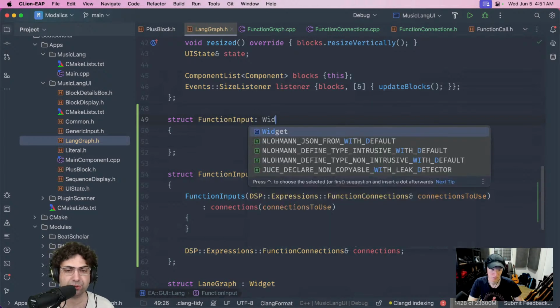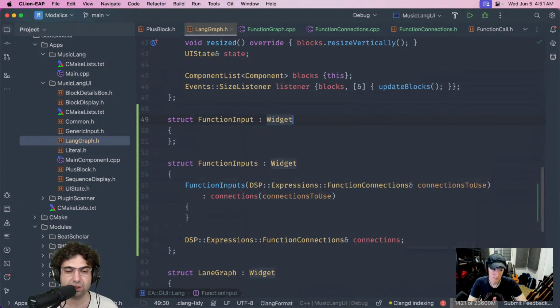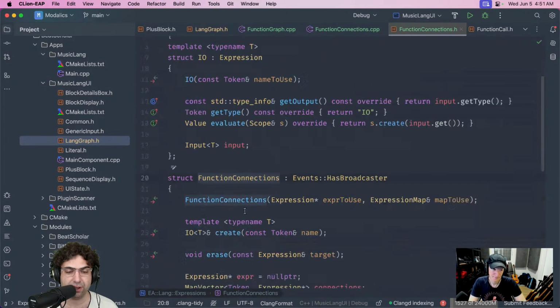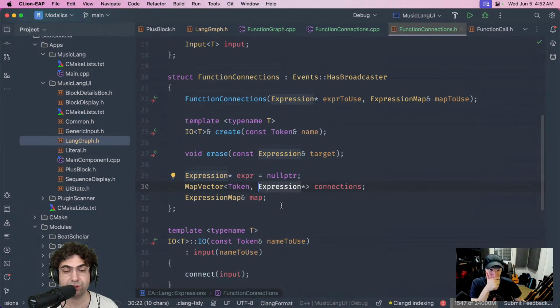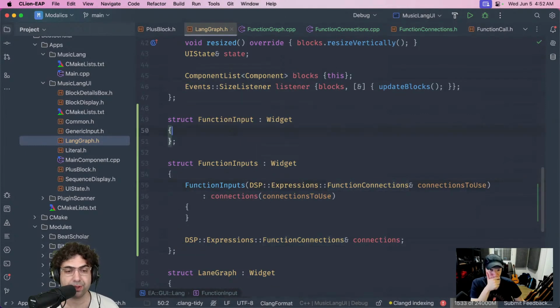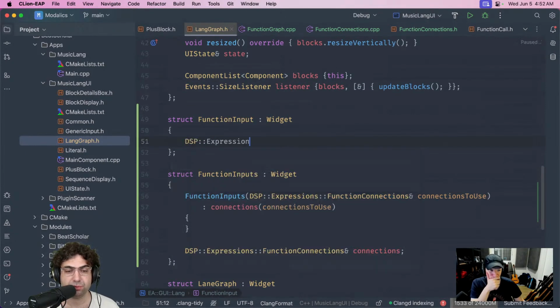This is also a widget, which means it's a UI object in our little language. And what this should take is probably an expression, right? Yeah, I think this is what this should do. So this shows this thing called DSP expression, which is like a general name for something that usually can take 0 to many values. In this case, this expression specifically can only have one input, and it will never change.